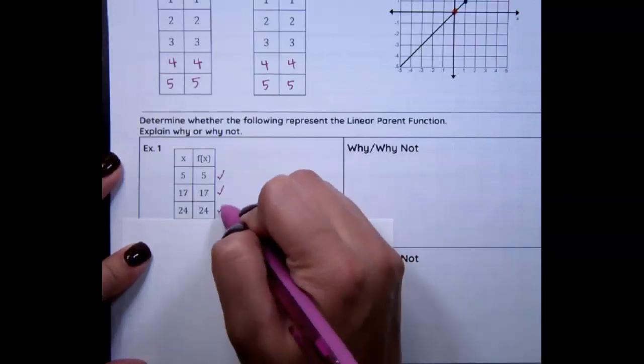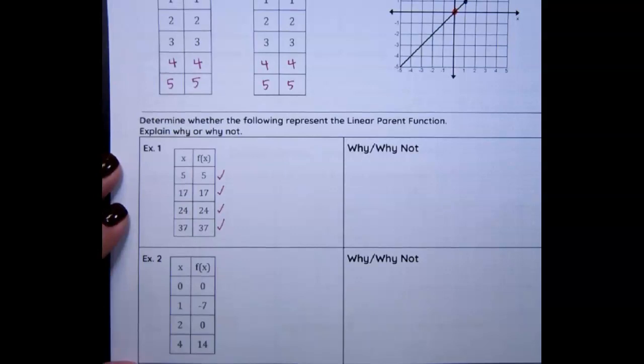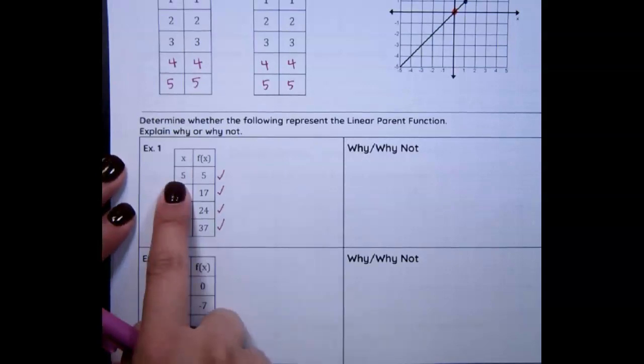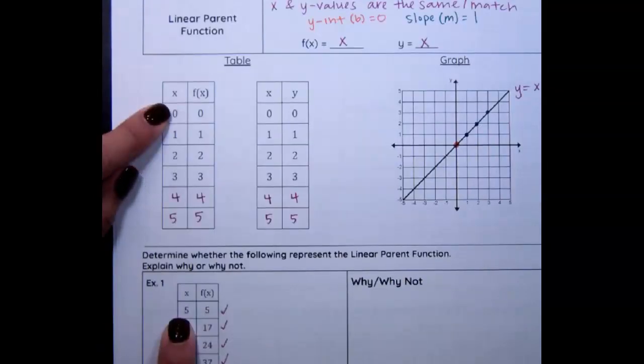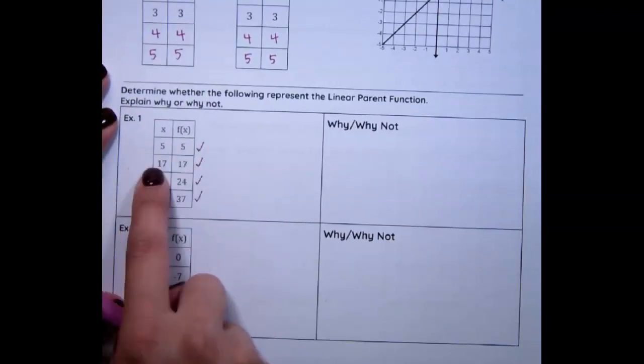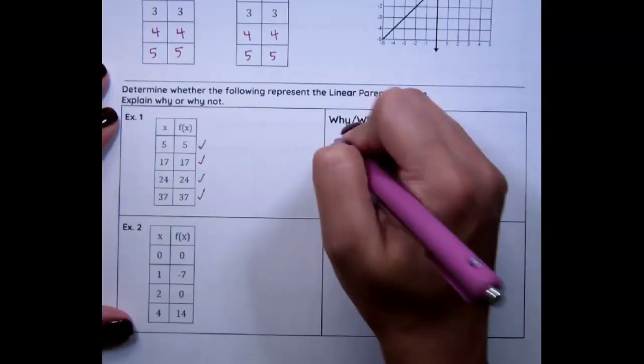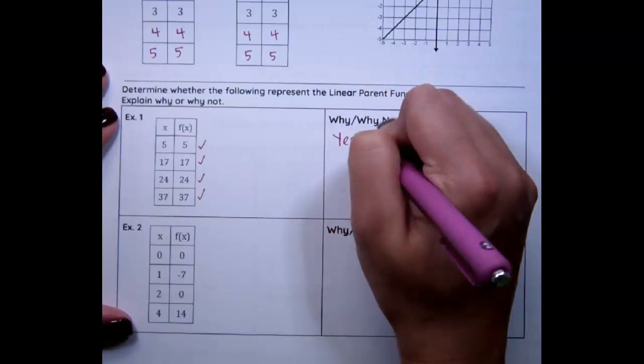24 and 24 match. 37 and 37 match. Even though this doesn't start with 0, 0 like these examples up here did, this is still the parent function because each ordered pair that I look at has the same x and y value. So yes, we have the parent function because